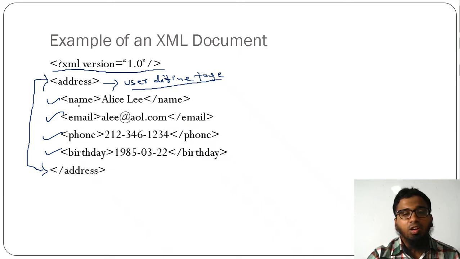So how to write: this is called the opening tag, this is the closing tag, same as HTML. Opening tag, closing tag, and the closing tag will have a slash, okay, and every tag that you open should be closed. Most of the things you get from XML only, these tags. But the thing is, we can create our own tags. This is a major advantage of XML, and XML is for storing the data. Okay, so this is an example of XML.